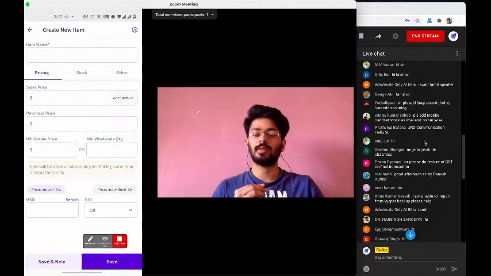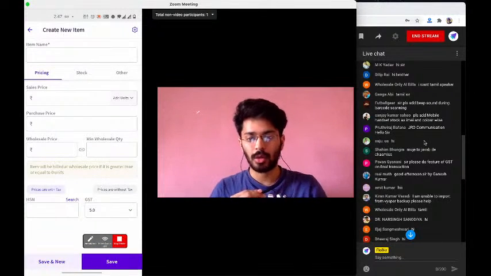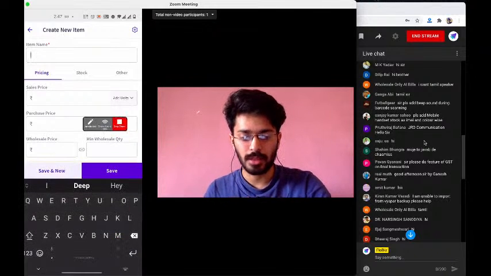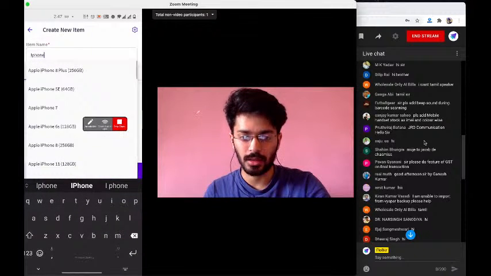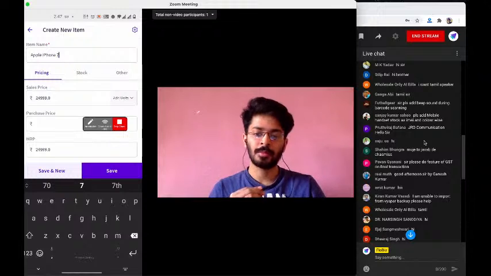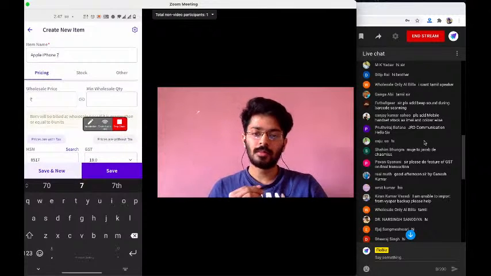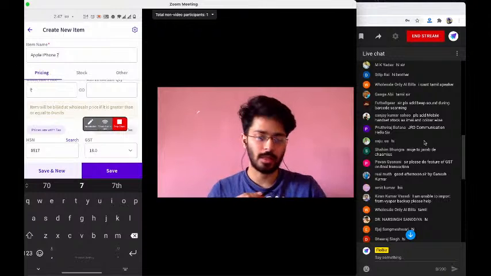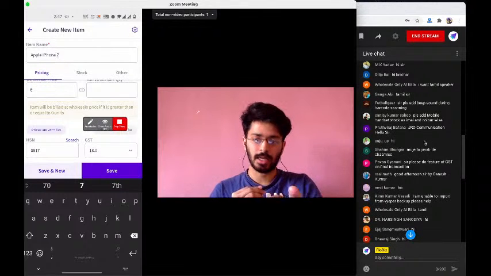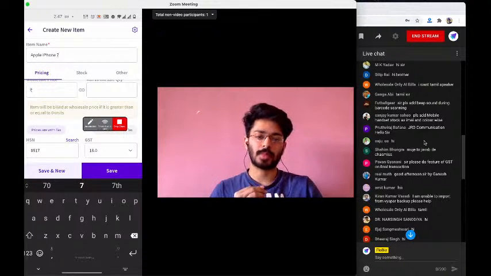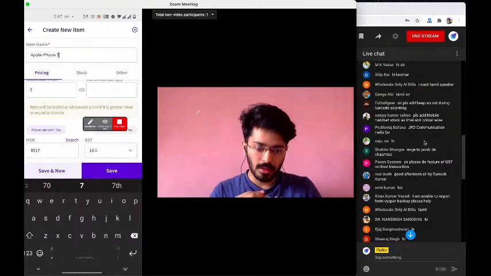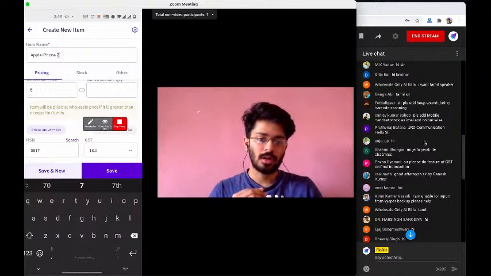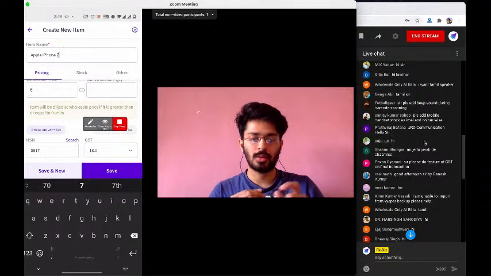So whenever you're making an invoice and you add this particular item, let's take the last example only. We'll create another iPhone, let's say an iPhone 7. Whenever you make a bill with this item, iPhone 7, there'll be a GST of 18%. So with this, you can add GST as per the items. If there's any other kind of GST that you're referring to when you say final transaction, sir, please let us know so that we can understand what you're referring to,